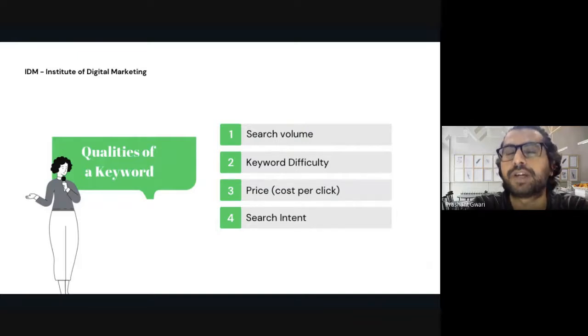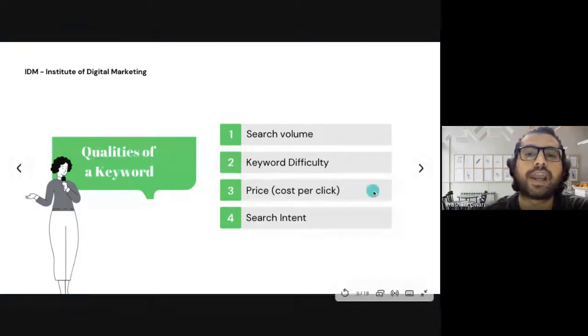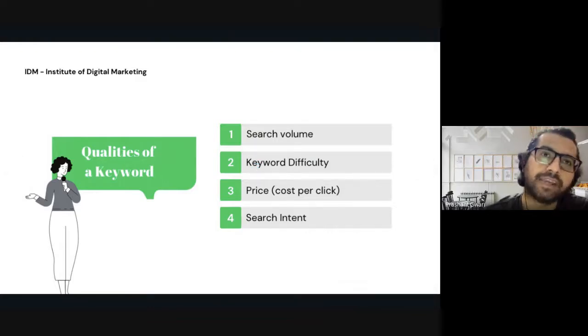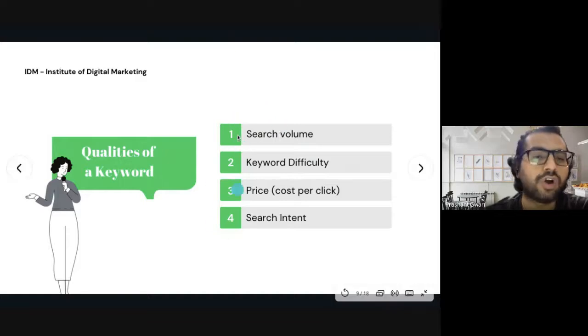That's why we call it keyword research. And these are the 4 points you will do. Every keyword you pick will go through these quality checks, this testing. For example, I pick a keyword, digital marketing courses. My keyword will go through these 4 quality checks: the search volume check, keyword difficulty check, cost per click check, and search intent check. So every keyword will go through these quality checks. And if my keyword gets all the ticks on those quality checks, then I will use that keyword.